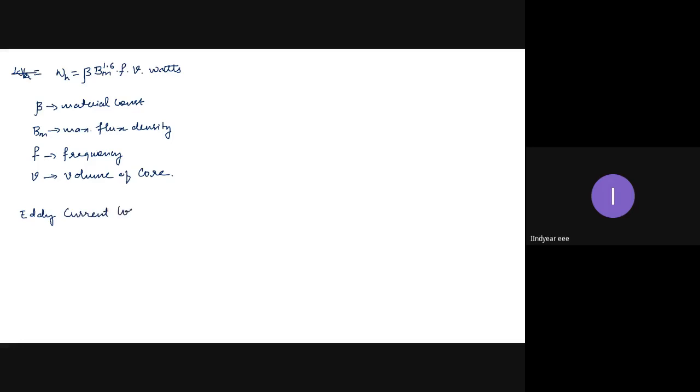Eddy current losses. Okay? Now take the same magnetic material. Eddy current loss is simple to understand. Nothing much. Now I have wound it with a coil. When I pass the current and it is alternating, we know that armature current is alternating current in the DC generator or DC motor. Only after commutation we get DC. Inside the armature it is AC only.